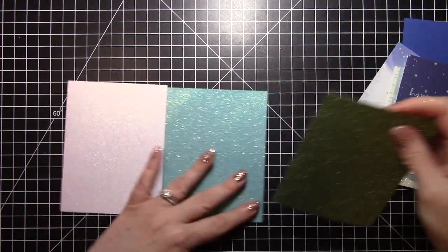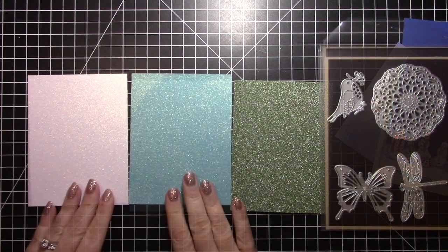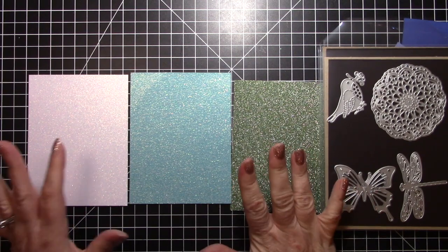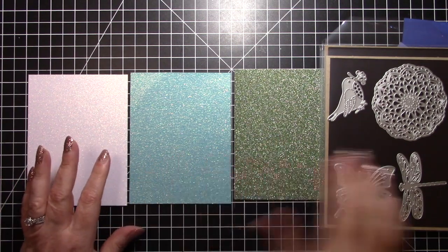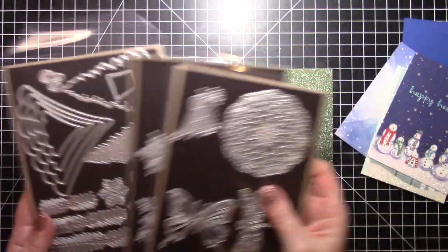So I have these three colors, so I want to pick out the die cuts that I'm going to use. I have my die cutter set up on the top shelf of a three-shelf bookcase. So it's not very high off the floor, but I can use it from a standing position really easy. And on one of the shelves below it, I have this box with all of my die cuts,